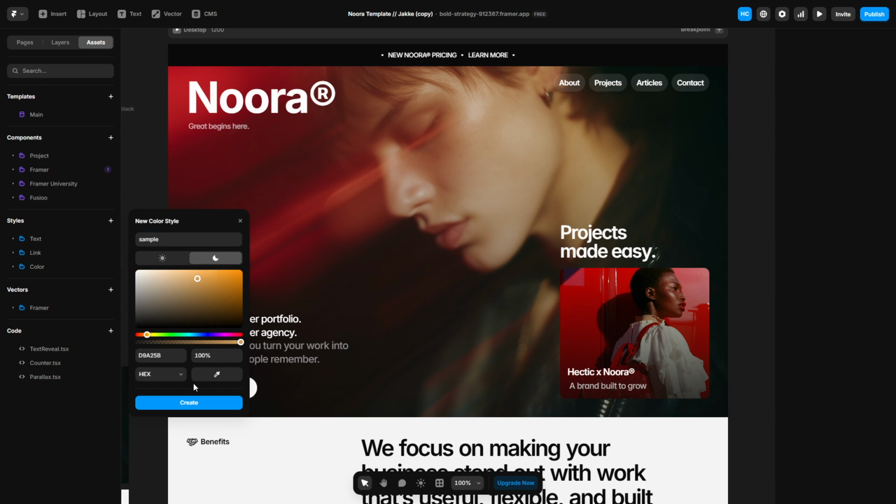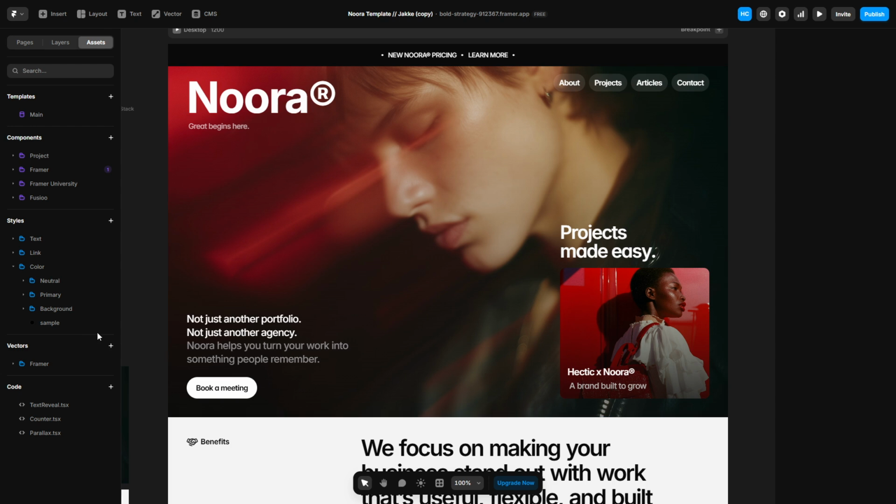Now let's get our hands on a toggle switch. You can either choose to find a pre-built toggle component from the Framer community, or, if you're feeling adventurous, create one from scratch. Either option works perfectly, so go with the one that best suits your comfort level and project